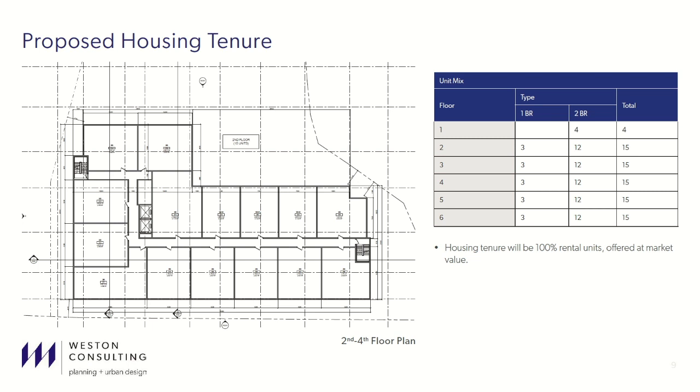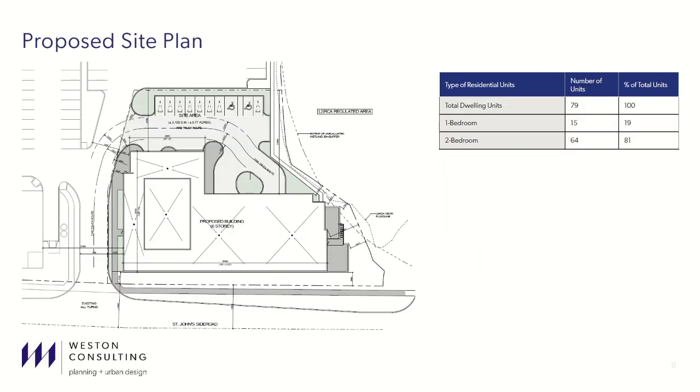Okay. So that's going to be slide 8. All right. So this is showing St. John's Road, of course, and it's on the bottom of the sketch, and it's showing a right in. And of course, there's a median on St. John's Road, so there would be a right out, so you would not be able to turn left around in that area. So then you have the movement through the site, and you have the turnaround area going through. You would have an access on the westerly side of the building as well for underground parking.